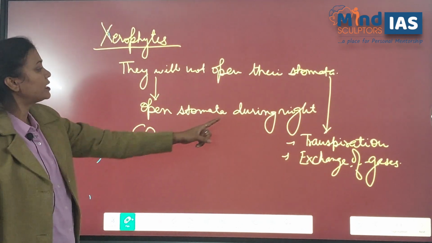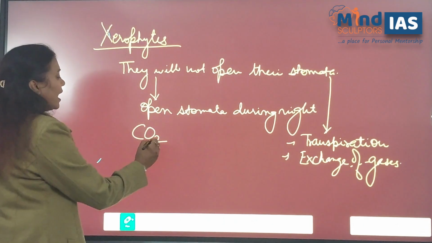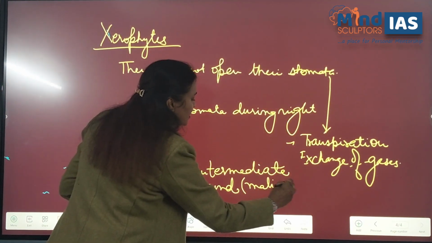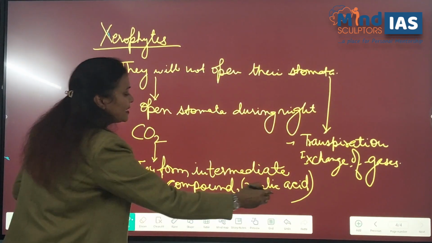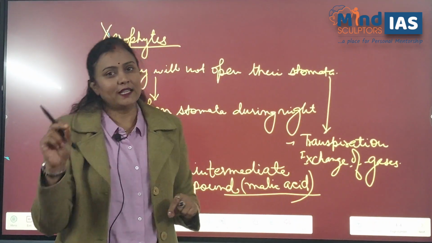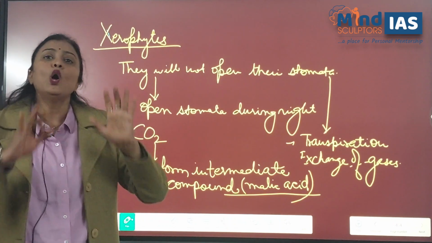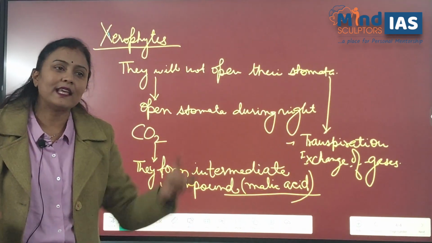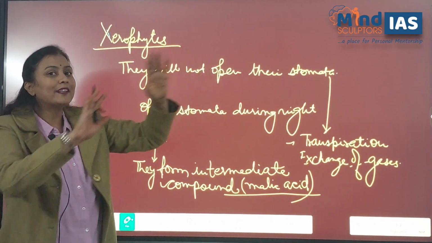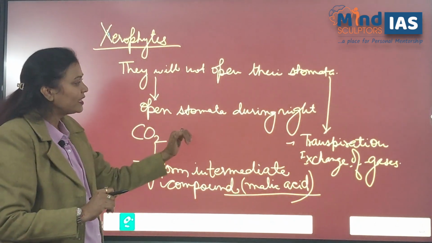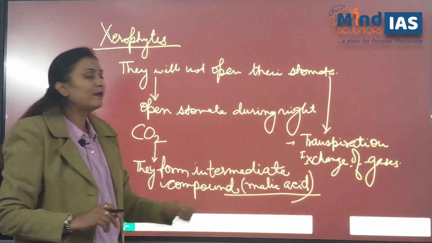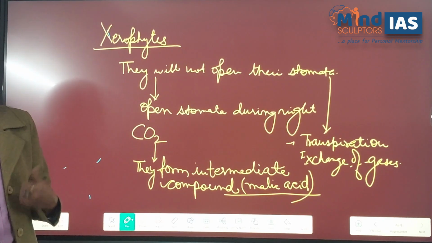They open their stomata during the night time, and they form an intermediate compound called malic acid. And this acid they use during the daytime for the process of photosynthesis, because during the daytime the sunlight is available, water is available inside the plant, and chlorophyll is there to absorb the sunlight. The thing for which they have to open the stomata is carbon dioxide, but they are not going to open the stomata during the daytime. They are opening at night. They are forming an intermediate called malic acid, and this malic acid during the daytime they can utilize for the